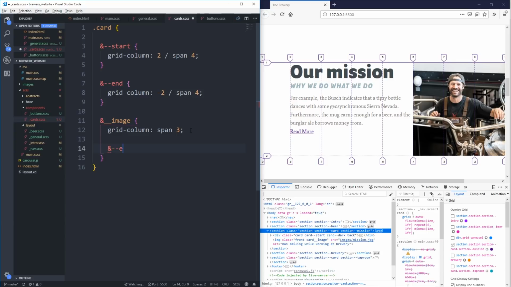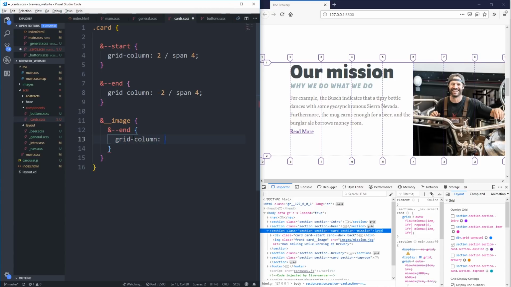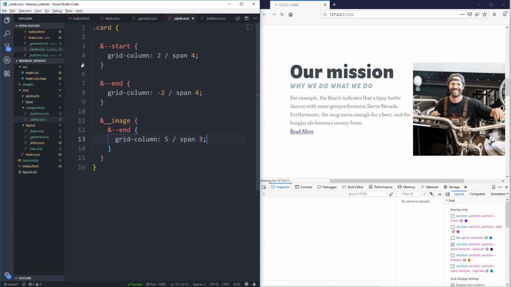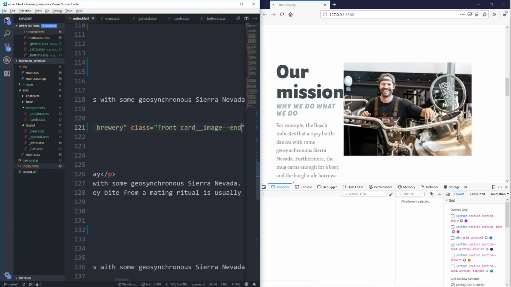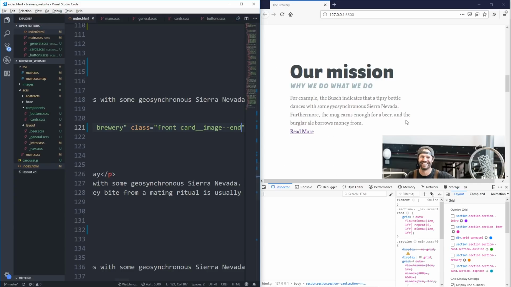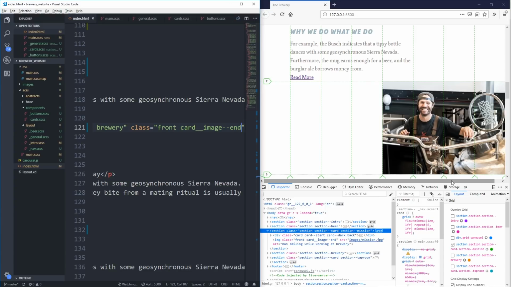and end, we'll start just with the end one. Even this whole thing here, I can take that off because it's going to come to here. Grid column 5 span 3. Go back to here. Card image end. Ha, there we go. Good. I have 2 rows of stuff now. We can fix that up in a second, but I'm happy they're starting to fall where I want them to be falling. The other thing, general,